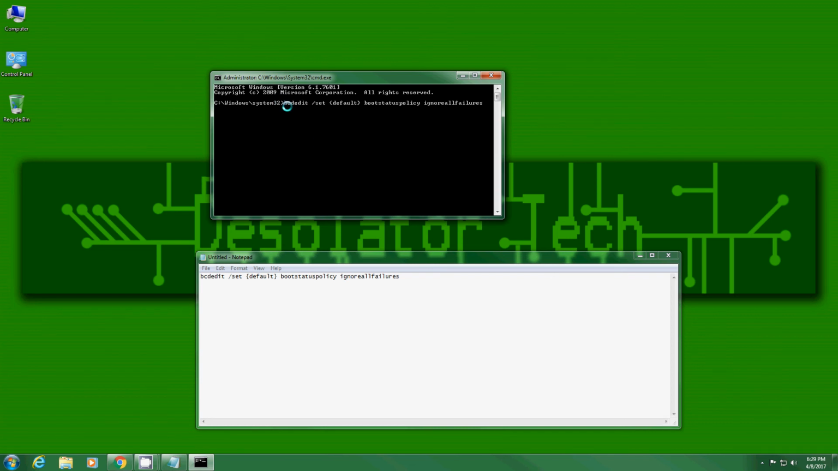So what this does is it runs bcdedit, which is the boot configuration data editor, and then /set default, which is the default profile, I assume, and then bootstatuspolicy, all one word, ignoreallfailures. And that just tells it, do not run the startup repair just because you detected a boot failure of some kind. Now you can still manually run it in at least Vista and 7 by wailing on the F8 key,